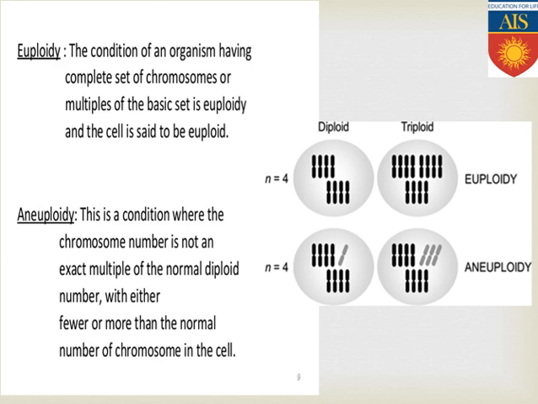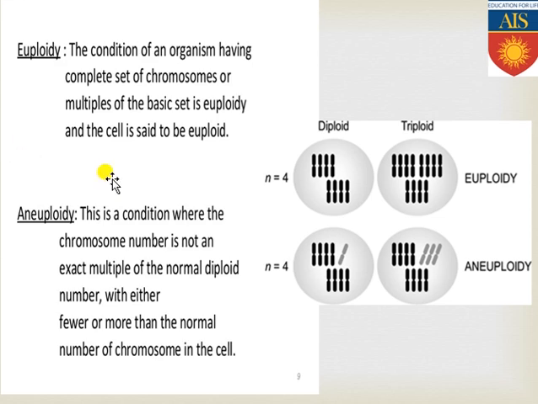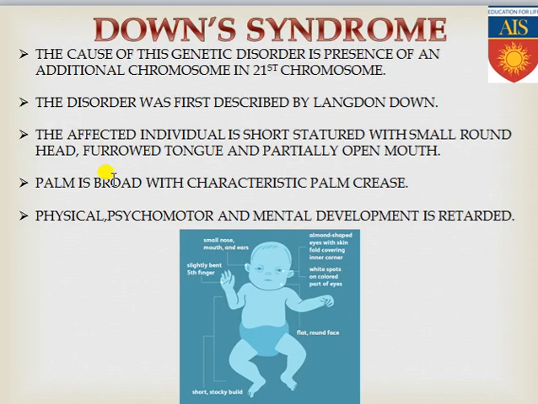And euploidy means when the chromosome number is increased or decreased in an entire set number. Suppose in an individual the chromosome number is 2n, so from the 2n it becomes 3n, one more set has been added entirely, or it becomes 4n. At that time this kind of disorder will be considered the euploidy condition. Okay, coming to the disorders related with this chromosomal disorder, first one is Down syndrome.